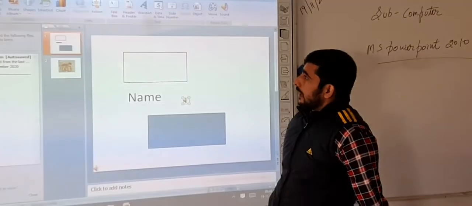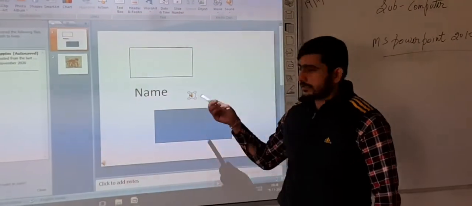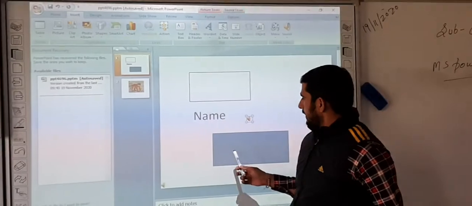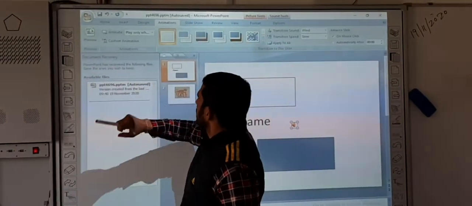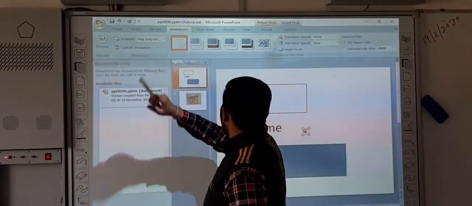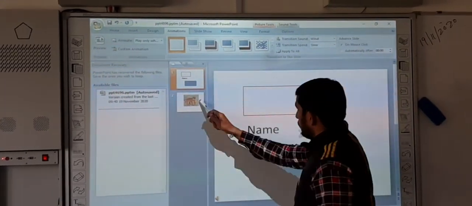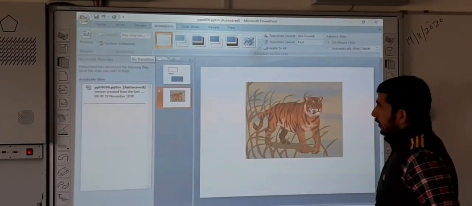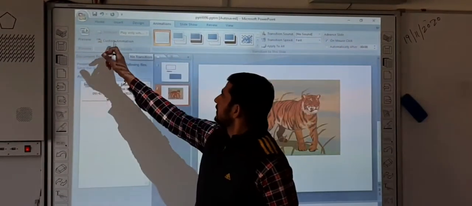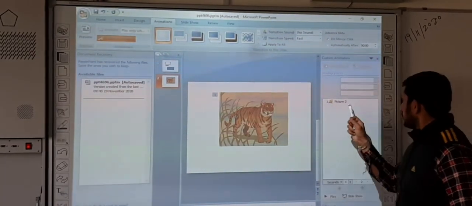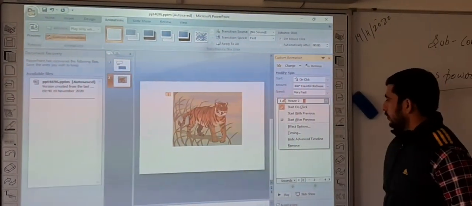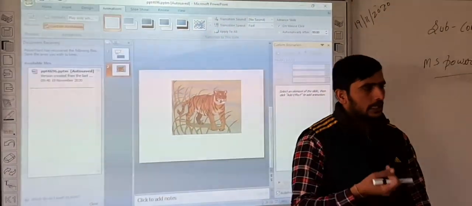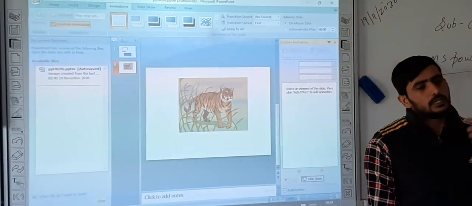The next thing is how we can delete the animation which you have previously used. The simple thing is to go to the track, and you will see here we have applied that one. If you think this slide has it applied, then you click on that. Next is custom animation. Same thing, you can click on Remove. You have to do the same for all of them, and then you will see that the animation will be removed.